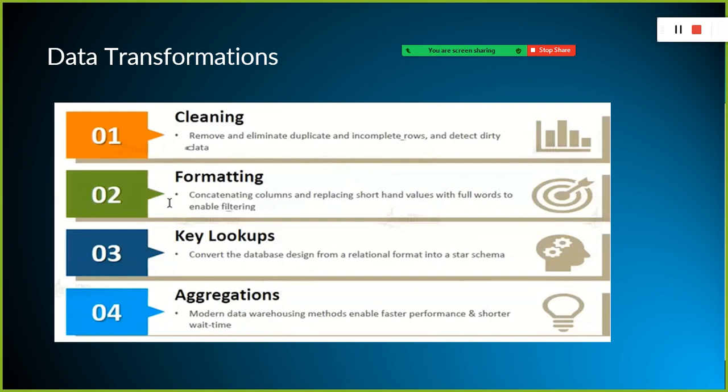And in case of dirty data, what do I mean by dirty data? The format is not clear. In the case of the sales column, I have a dollar sign along with the numeric values. The sales column is supposed to be numeric, but because of a dollar sign mentioned somewhere, it got converted to a string data type. Hence we need to remove that dollar sign and commas and all.